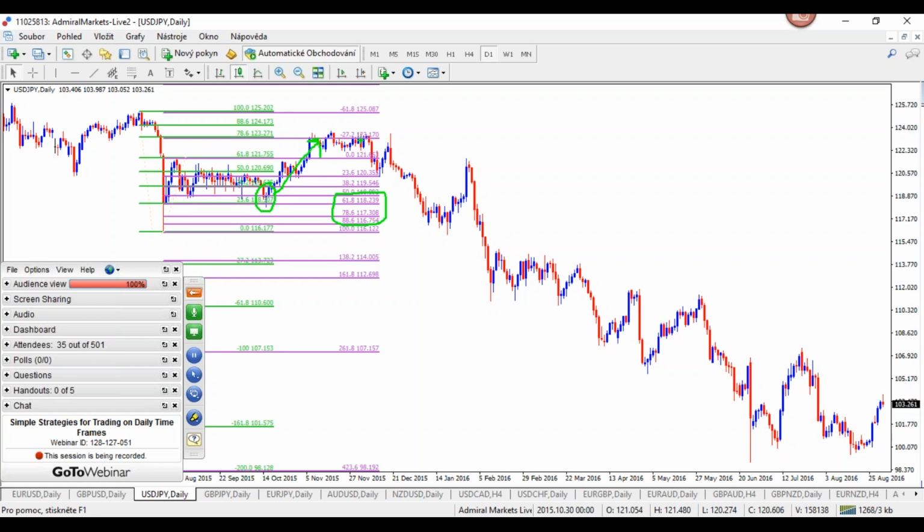A target. And here we got good shorts as well, because why? Because that's a minus 272 target and the 78.6 fib. So that is also good shorting territory at the same time. So interesting, we have basically the opportunity to take a short here. That didn't go too well because price went sideways. So that could be a small loss or break even depending on the trade management. Here we get a counter trend trade that went well. Here we get a with the trend trade that went well as well.